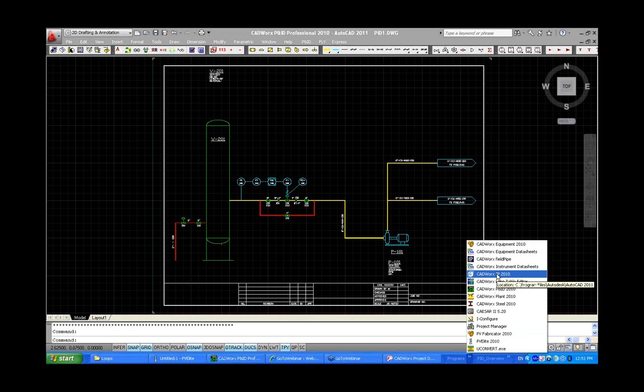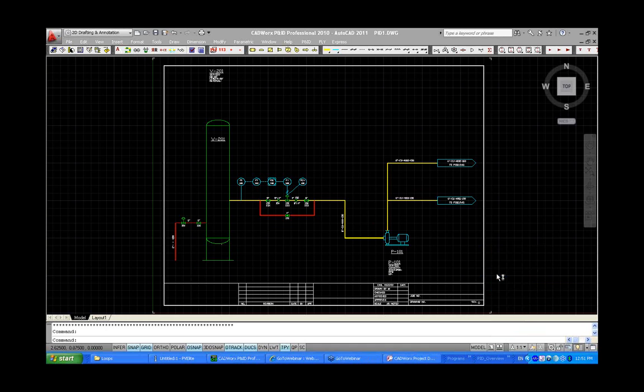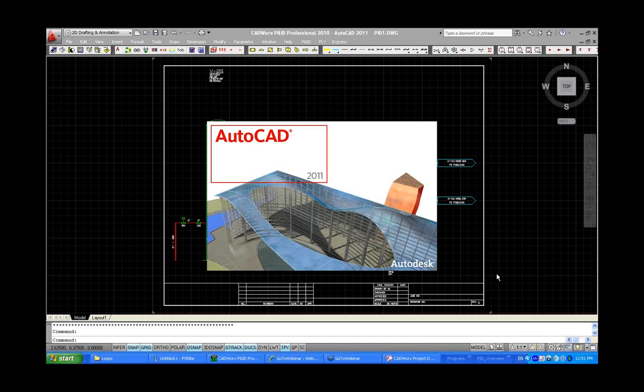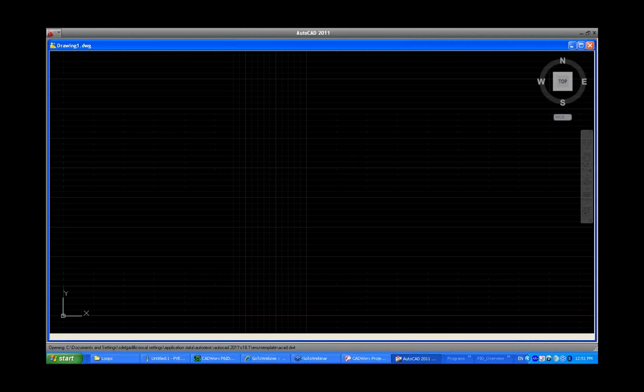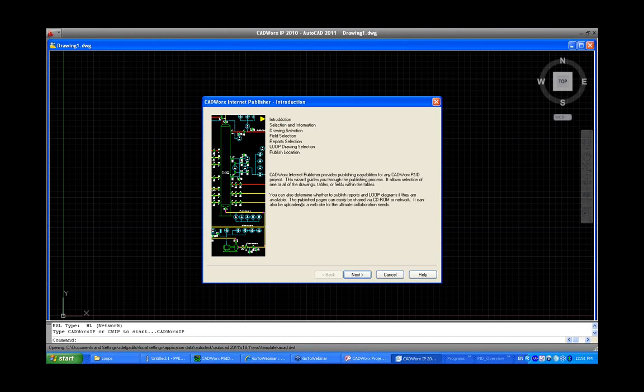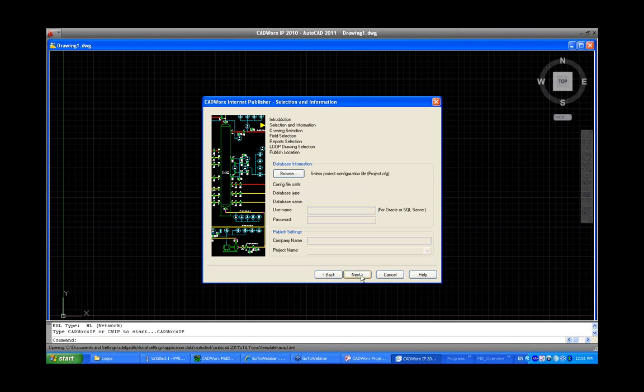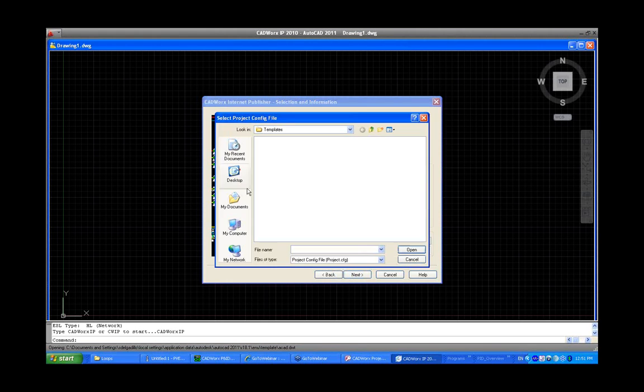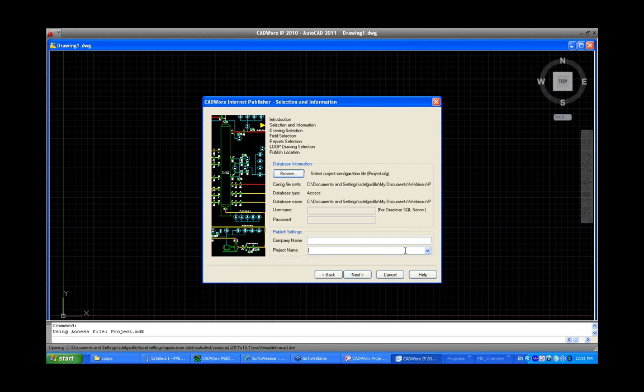To do that, we have CADWorx IP that gets installed with CADWorx P&ID Professional, and all we need to do to use this utility is go through a wizard, which is very easy to go through. As soon as you open IP, you see this dialog box that prompts you to select the actual project config file. So I'll select that, and then it's asking me for a project name. So for project name, I'll just type in P&ID overview,